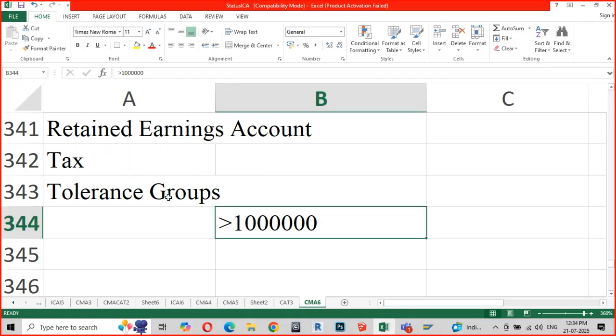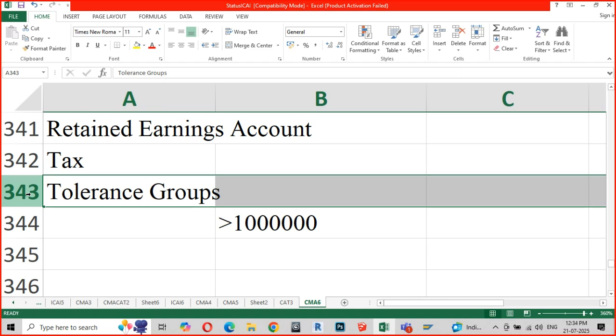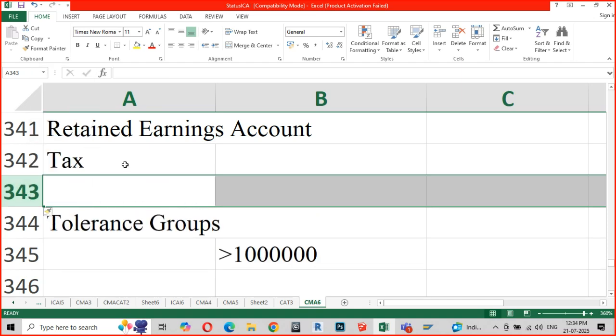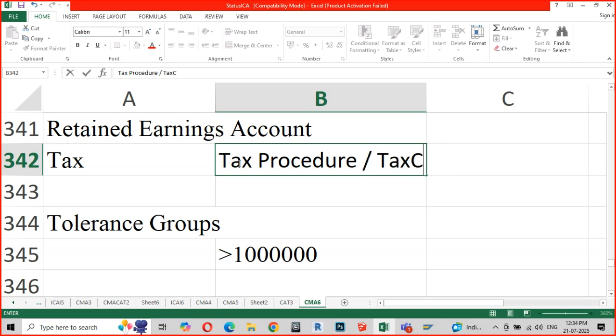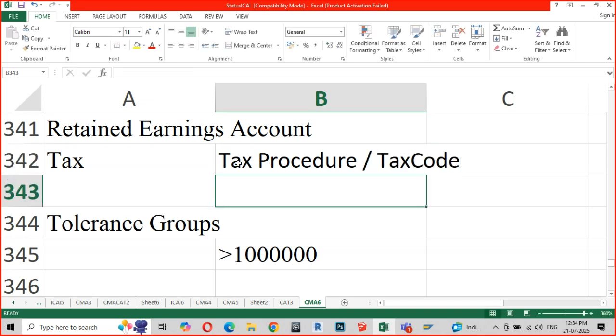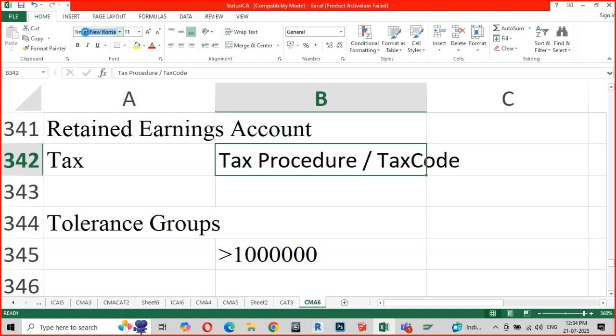So tolerance group, I think, was clear. Any questions? Tax, you have something called a tax procedure, within which you have a tax code configured by the finance consultant. Clear?